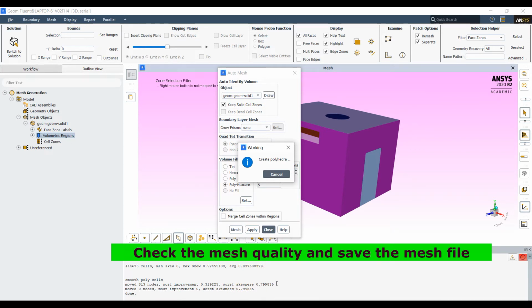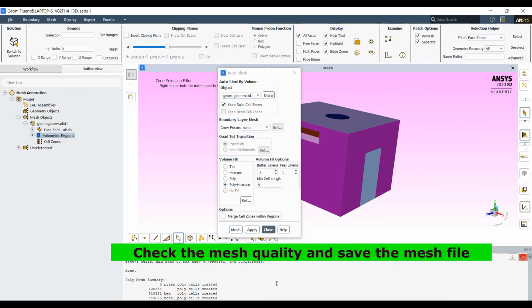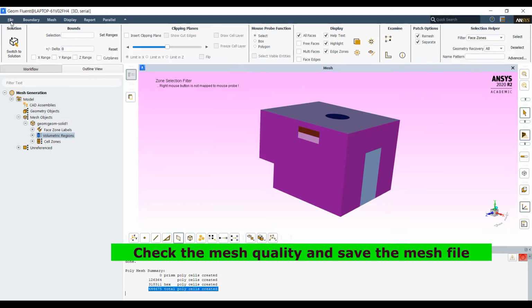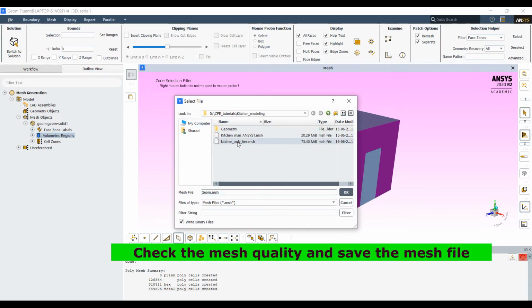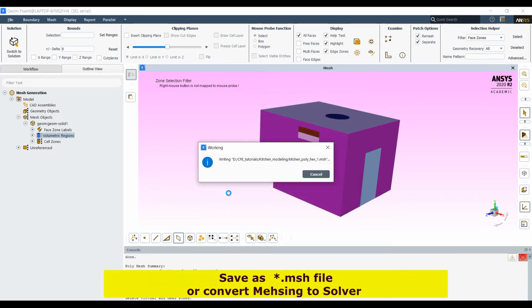Here it has shown the skewness is 0.79, meaning about 0.8. And here is a polymesh summary. Maximum total elements are 444,000. Then close it. File, write, mesh file. We can select ANSYS polyhex mesh. Then save it.